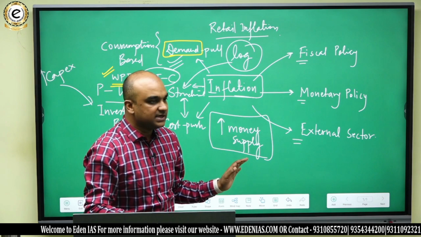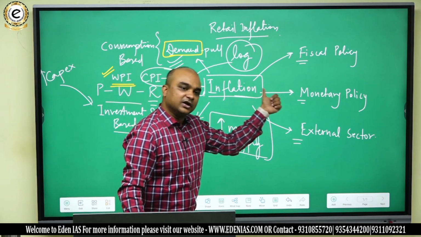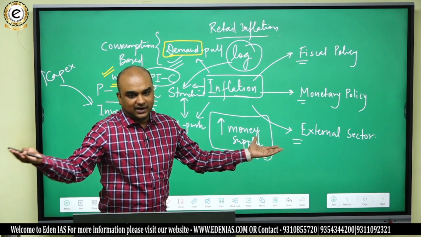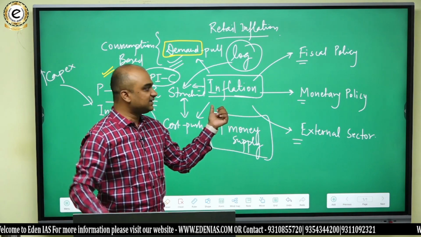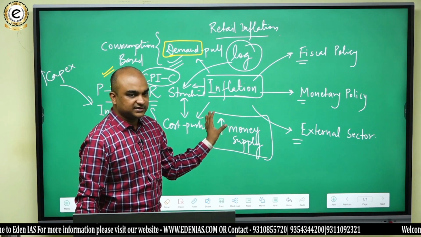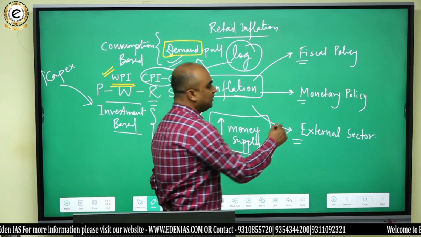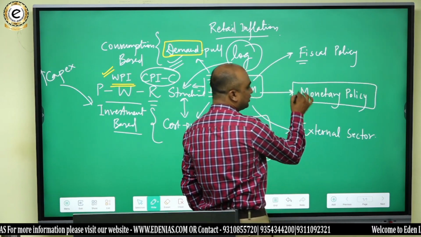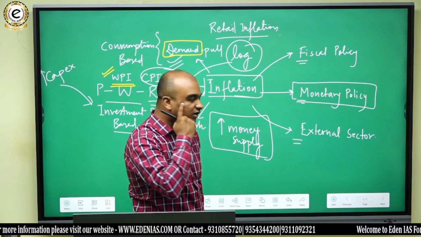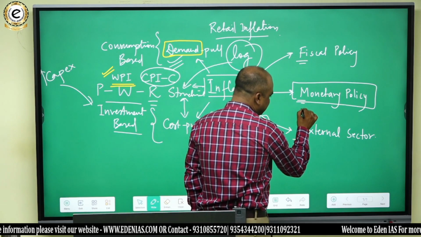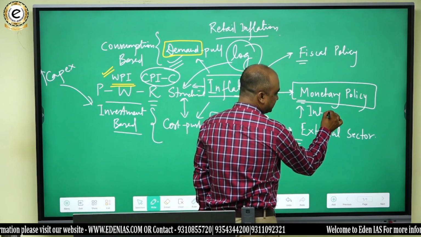Whatever be the case, there would be a rise in capital and consumer good prices, and that is across the board price rise, and that's why that's inflation. So generally the central banks adopt monetary management through their monetary policy under such cases. And what do they do? They generally increase the interest rates.